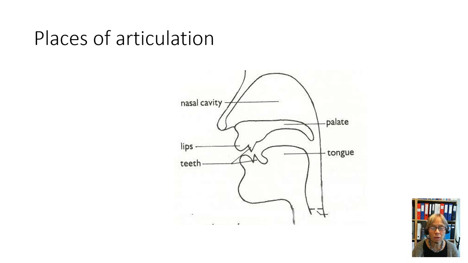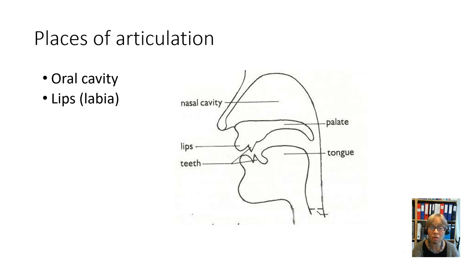Now let's recapitulate a little bit about places of articulation. You remember with vowels, it was mainly the tongue, or really only the tongue, and the tongue's position in the oral cavity, in the mouth, that we were talking about. Now with consonants, there's some obstruction of the airstream going on, and this obstruction or hindrance of the airstream that comes out from the lungs happens in different places, and that's where all these different places and means of articulation come into play. So first of all, there's the oral cavity, then we have the lips, and in phonetics and phonology,